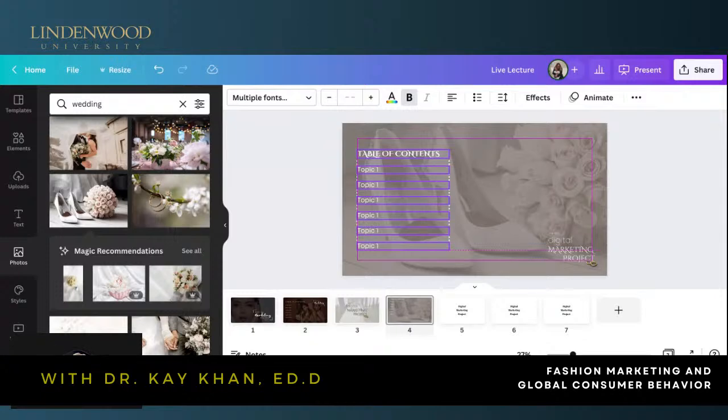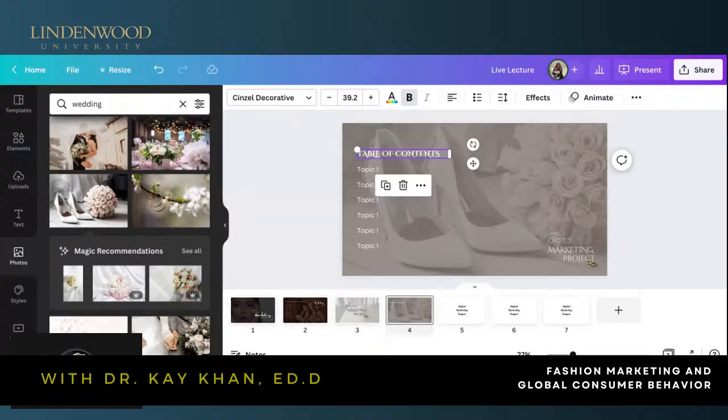So with all of this, that's basically what you see as far as the borders. If you are looking at your project right now, while you're comparing what I'm doing to your work, make sure that your work is within the borders of the bleed. And you also want to make sure that your table of contents, if you're using a stylized font, is not the same font that you use for your content, if that makes sense.